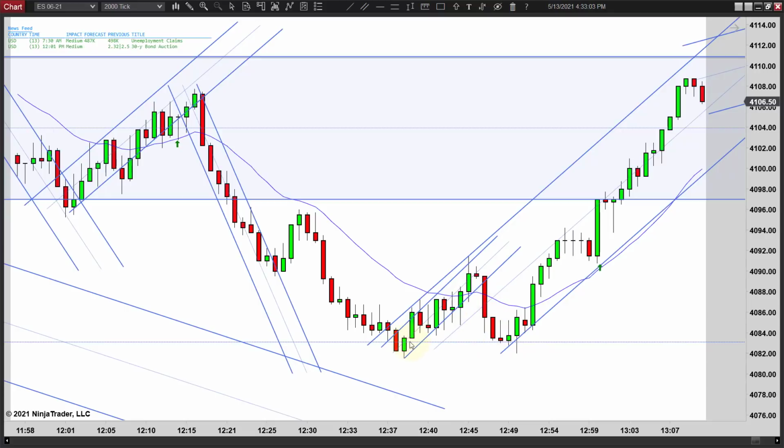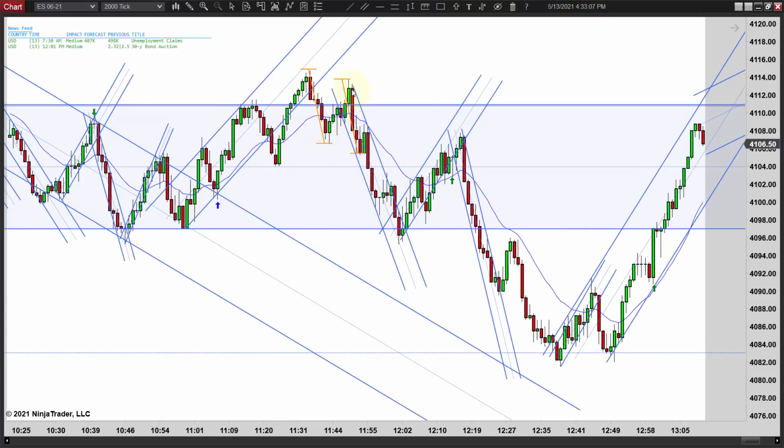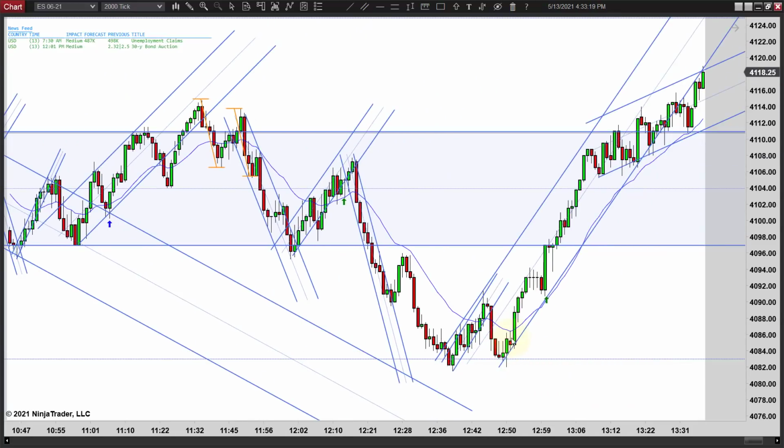We come back down, we test the low, and guess what too? This blue line is the measured move of the range. So once we broke lower, that would be your target. Notice we overshot a little bit, came back and tested it, held, and then we went higher. And that's what you want to see before you try to buy down here. You want to see it prove this support level. It didn't prove it here, but it comes back and tests it a couple more times and goes higher, so